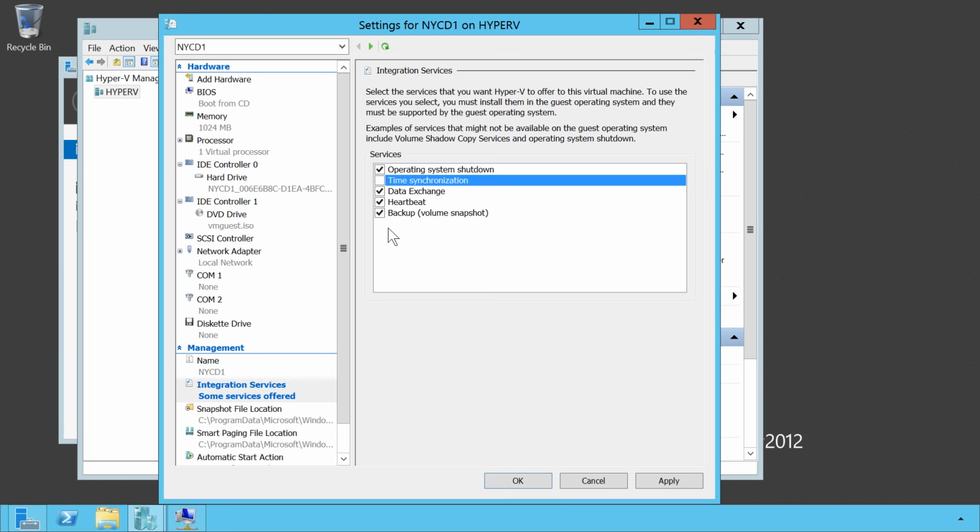If you do not have this option enabled, you can still perform snapshots. However, the virtual machine will be briefly paused when the snapshot is started. If this option is on, there is less interruption to the virtual machine when a snapshot is performed. This covers how to install integration services in Windows.